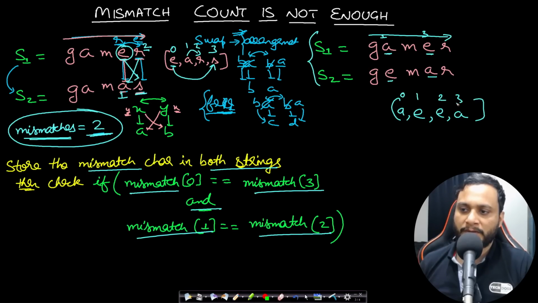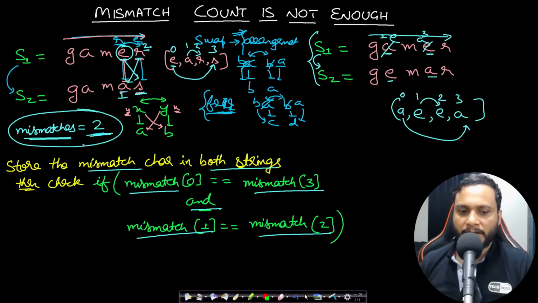Now in order for a swap to make S1 equal to S2, the 0th character and third character should be the same. And yes, it is the same. And this first and the second character should be the same, and yes, they are the same. And that is why we can just swap this in order to make S1 equal to S2, and that is completely fine, right? So this is how we will be solving,